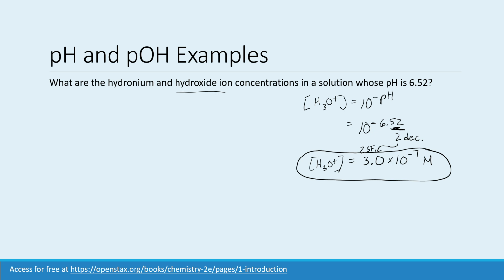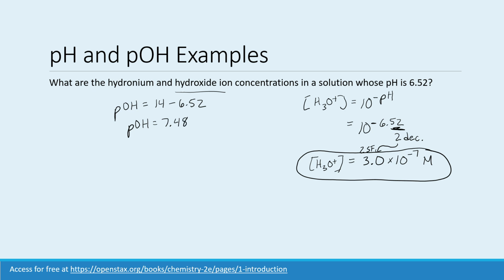I just think that tends to be easier math. So what I would do is take the pOH is equal to 14 minus the pH value that they gave me, the 6.52. Okay, and so the difference between those, I would get the pOH equals 7.48,